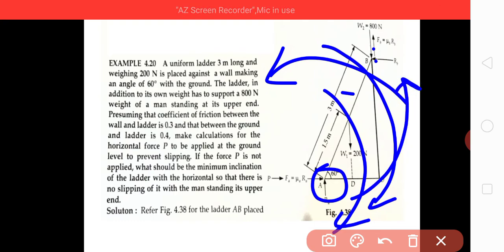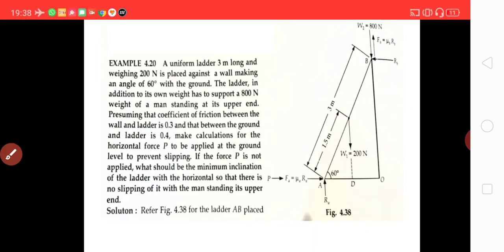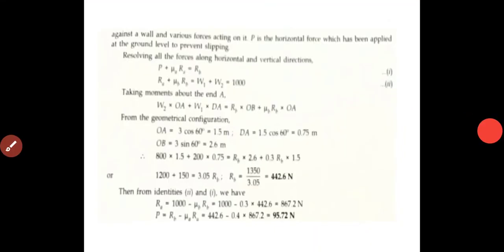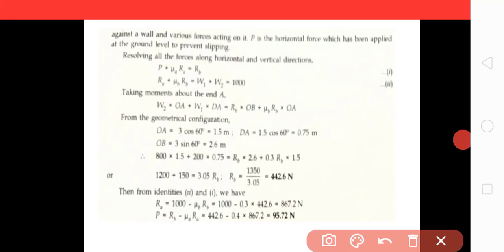So equating this, you will come to know what happens next. From the W2 into OA plus W1 into DA, that is clockwise, should be equal to RB into OB plus mu B RB into OA, means